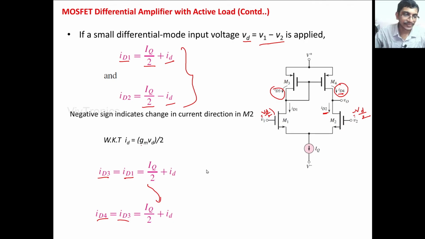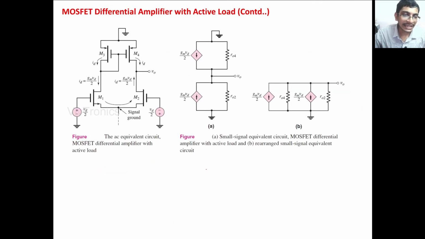Like that we can derive. Okay, and here we are going to calculate the differential gain of this MOSFET differential amplifier circuit. For that, I am going to draw only the output side circuit of the combination of M2 and M4. The output side equivalent circuit of this M4 MOSFET will contain a gm vd by 2 current source along with the internal drain resistance small r04. Okay, here the 4 indicates that it is the M4 transistor.